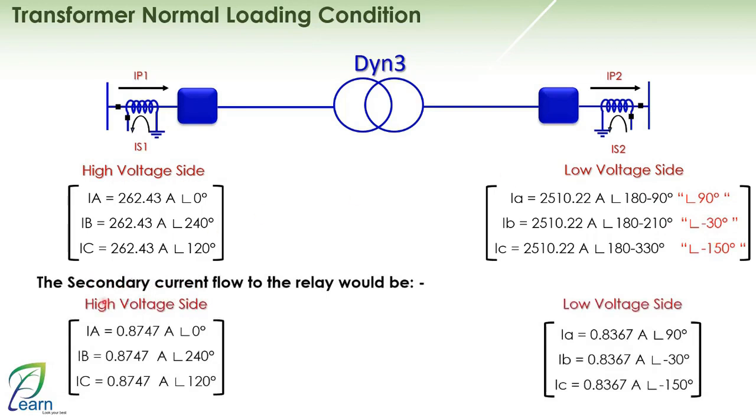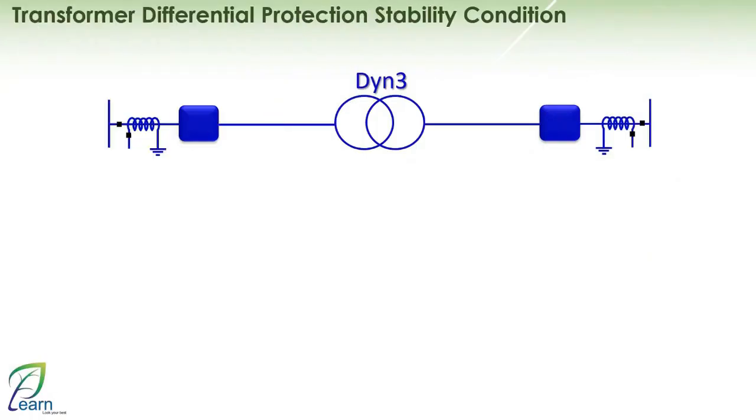For the secondary side of the current transformer, you will divide it by 300 to 1, divide it by 3000, divide it by 3000, and divide it by 300 to 1. 0.87473 phase, and you divide this value by 3000, resulting in 0.8367 also on the three phases with the same. Alright,